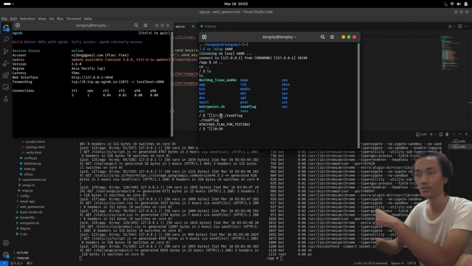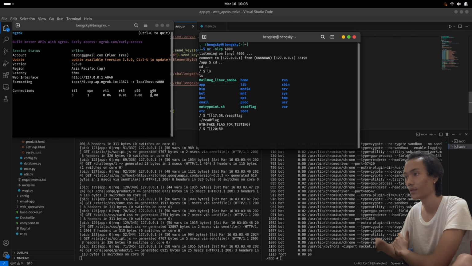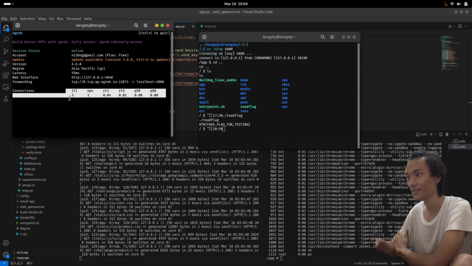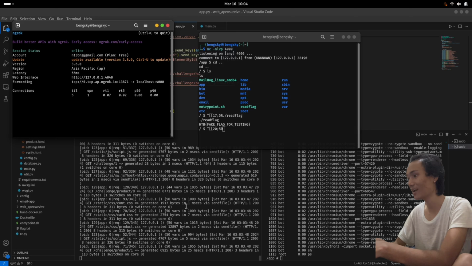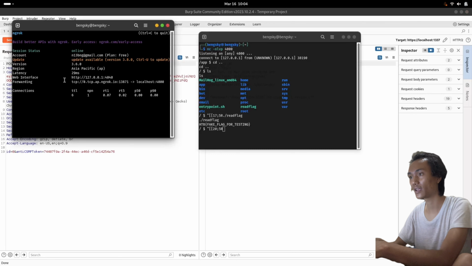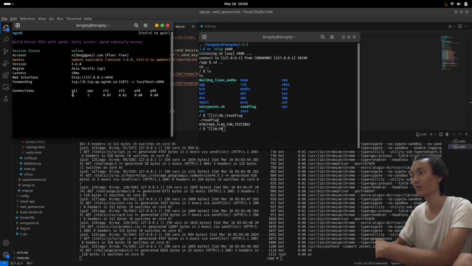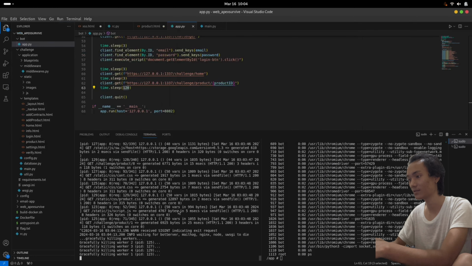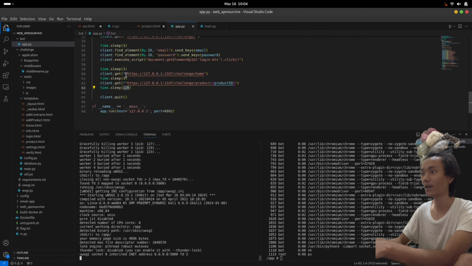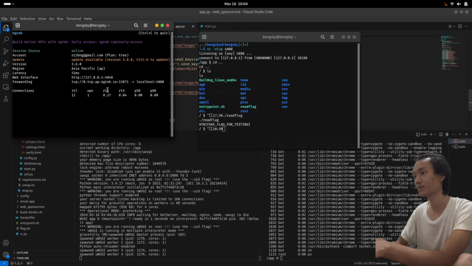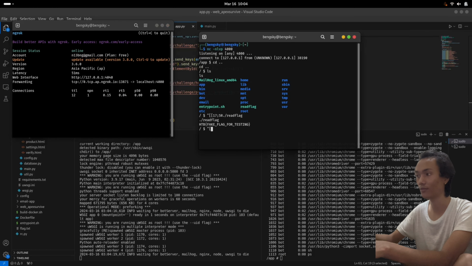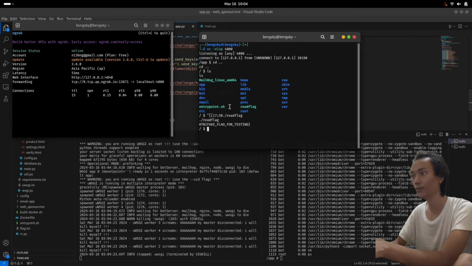Okay, that's it for the solution for the web challenge Apex Survive. You can see here that there are 5 connections coming in, which means every browser successfully ran our exploit. So that's how I found the unintended solution for the web Apex Survive.